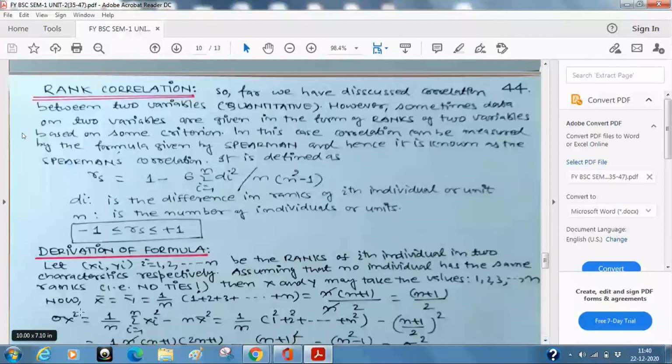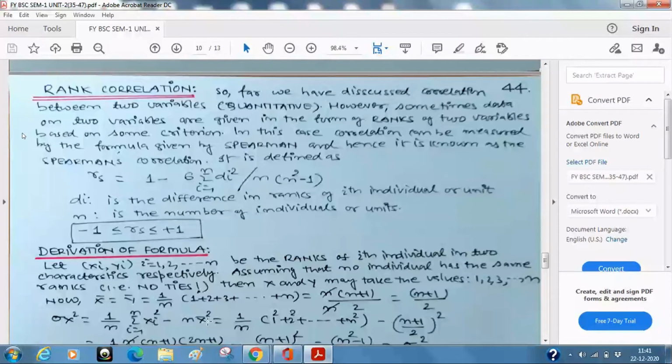Now this formula we have already seen. क्या पढ़ा है आपने? 1 upon n summation i is equal to 1 to n xi square minus n times x bar का square. ठीक है? Now what is this formula? This is xi square first. इसको थोड़ी देर के लिए छोड़ दो अभी. Just leave it for a moment. So what actually we are writing is something like this.